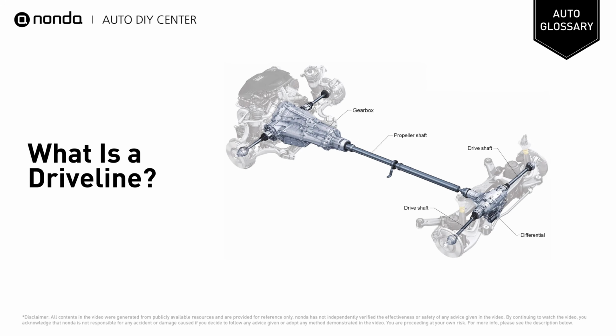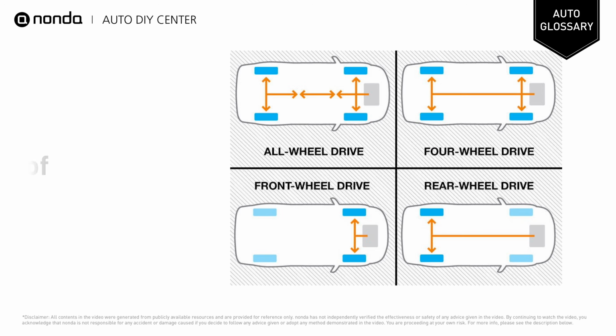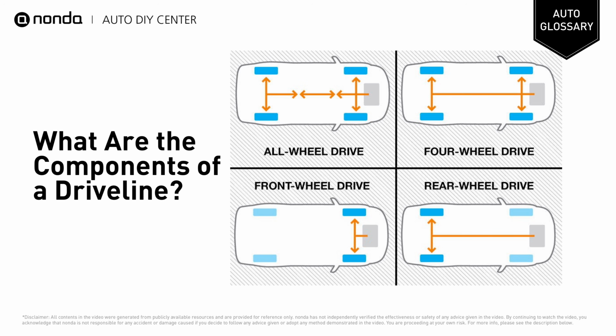The driveline is the vehicle system that distributes power from the engine and transmission to the wheels, essentially enabling the vehicle to move. This is the drivetrain minus the transmission. It is made up of many individual components that work together. While the exact components in a driveline may vary depending on the design and configuration of the vehicle, they include